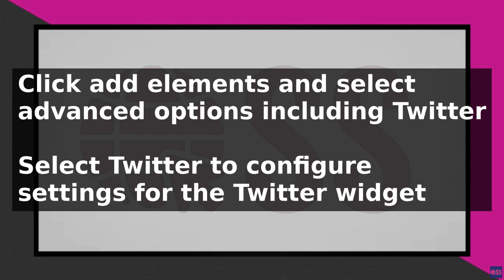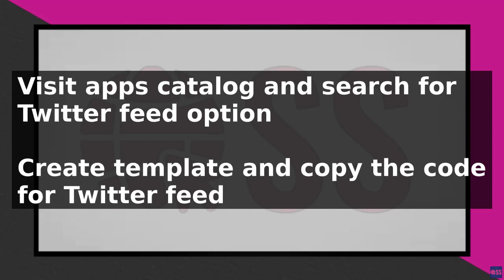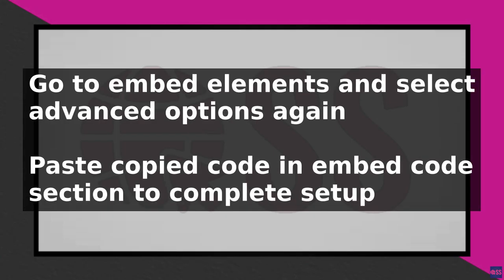locals, code, embed, map, bar, slider, tabs, and social media platforms like Facebook and Twitter. To add a Twitter feed, click on Twitter, and you'll see options to post, share URLs, and configure settings for the Twitter widget. Alternatively, you can visit the app's catalog, search for Twitter, and select the Twitter feed option, now